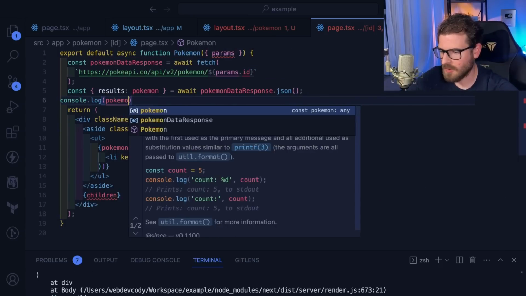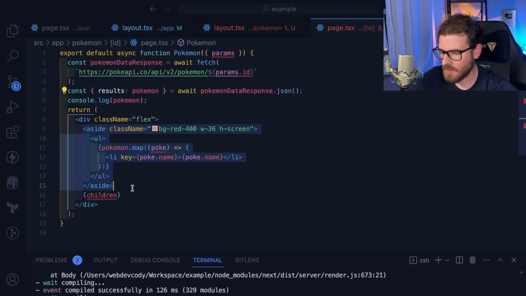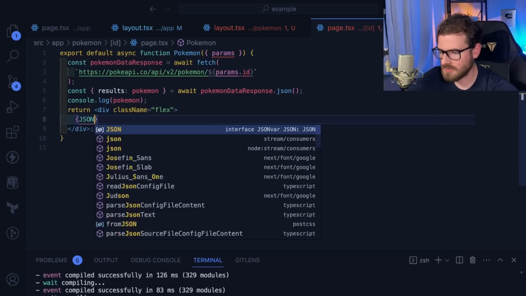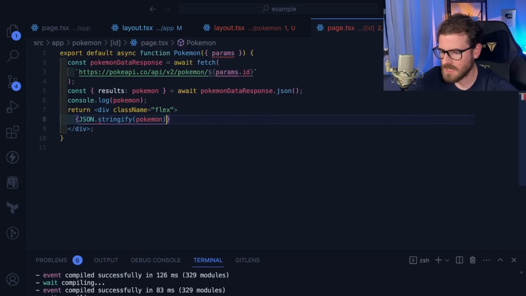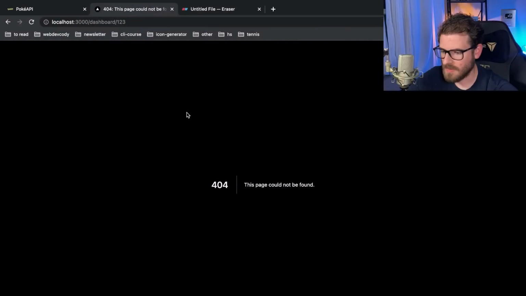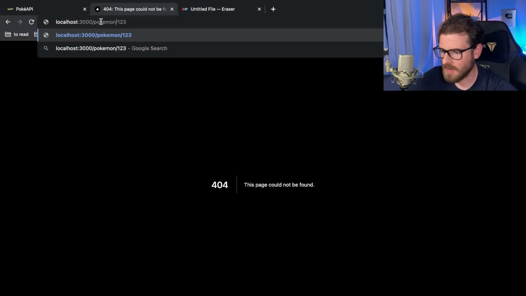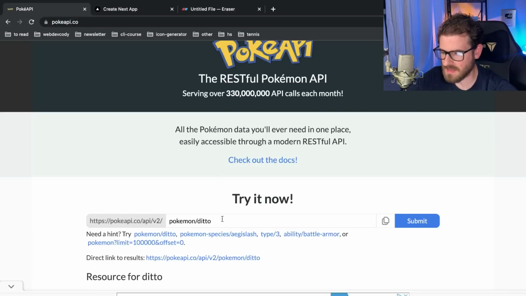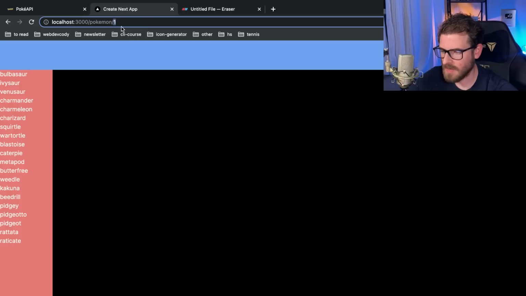Let's just go ahead and print out Pokemon to make sure we're on the right path. And then we're just going to render out, I don't know, we'll just say JSON stringify it so we can see it on the page. Okay, so let's go over here and let's go to Pokemon and let's type in 1 and see what happens. Now, I don't know if it needs to be 1 or if it needs to be the actual name. I think it actually needs to be the name, like Ditto. So if we go over here and type in Ditto,